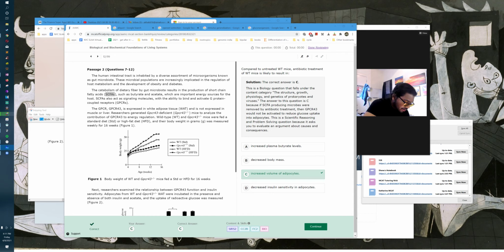Fiber through the microbiota turns into SCFAs, like butyrate and acetate, and these work to, or rather they bind, to GPCRs,